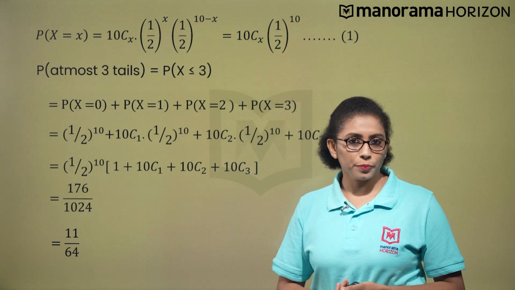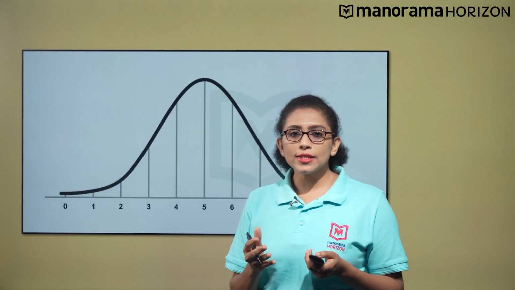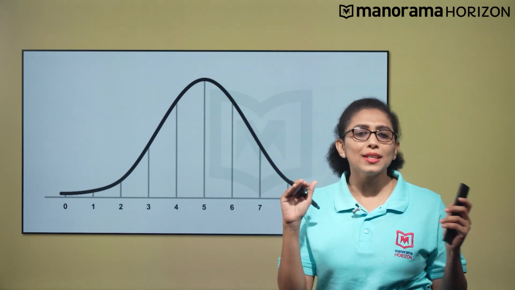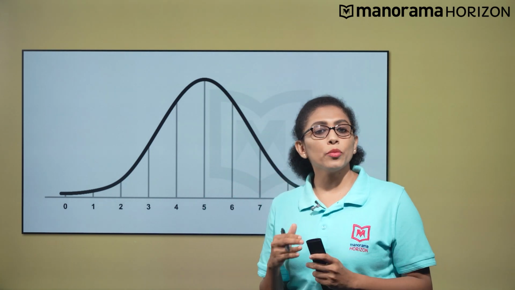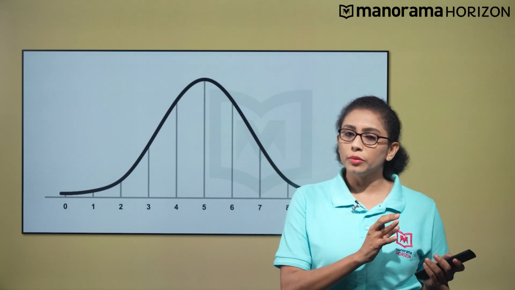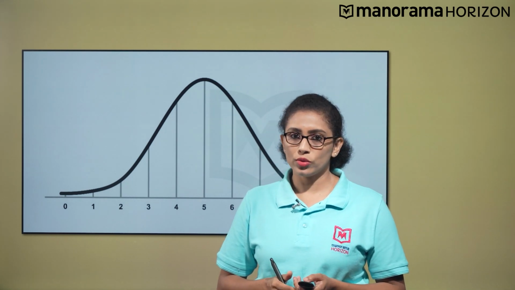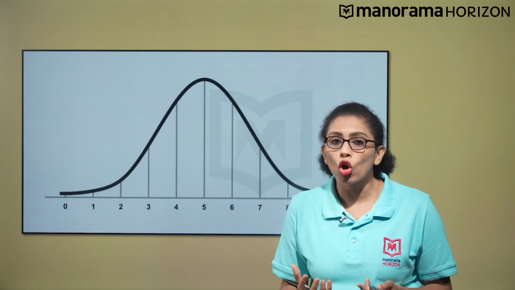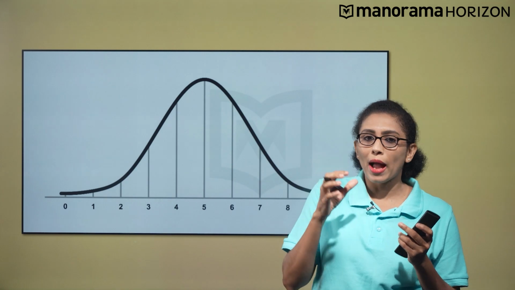So, the inference we get from the binomial distribution is that the number of trials is fixed, while the number of successes is a random variable which can take random values. Binomial distribution is used when we want to know the occurrence of an event, not its magnitude.